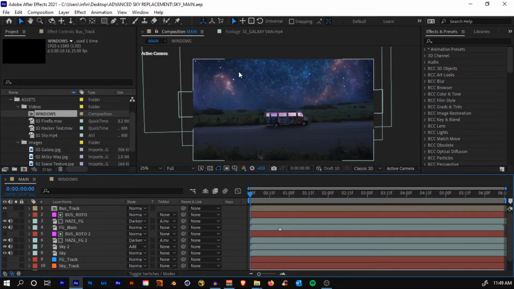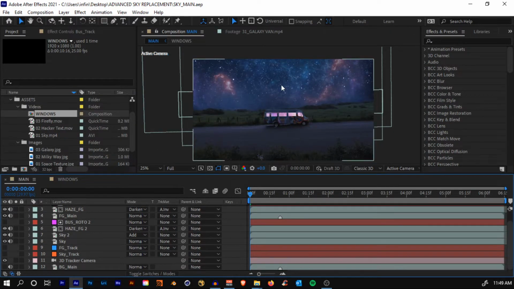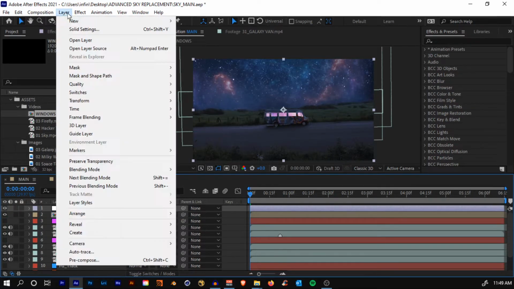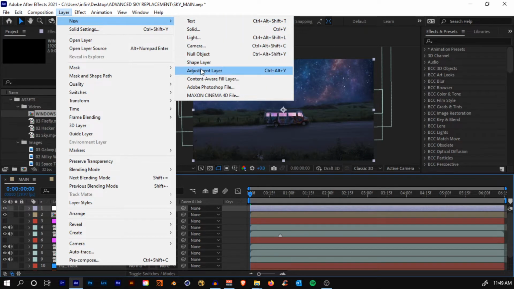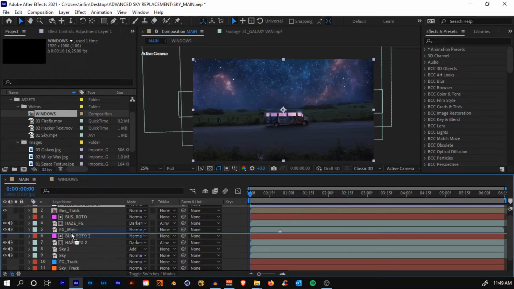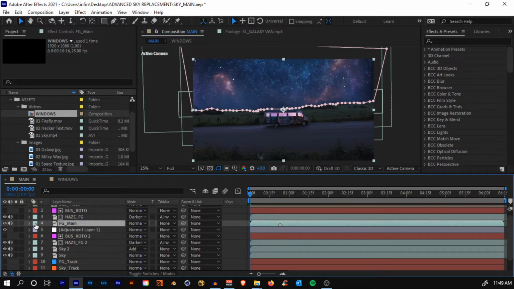Now what we'll do is, we'll add some contrast to our sky, and we'll just color match it a little bit more. So hit Ctrl Alt Y to create a new adjustment layer, or you can just come to Layer, New Adjustment Layer, and just get it down beneath the foreground main layer. I'm just going to change the color to orange for this thing to be visible, because this is the main foreground layer.